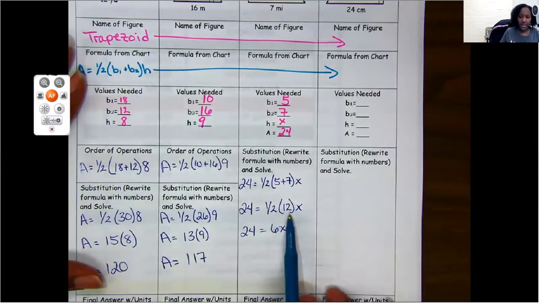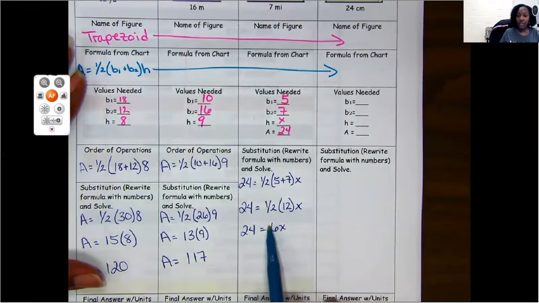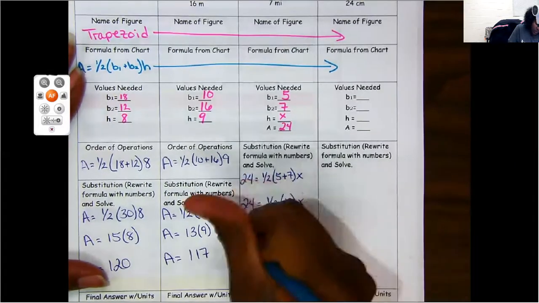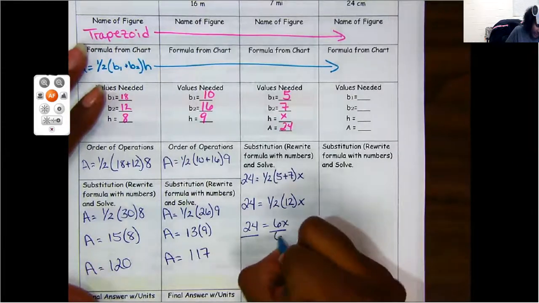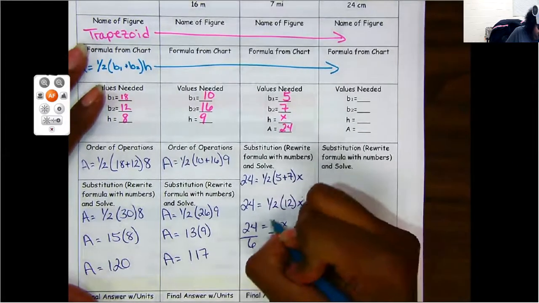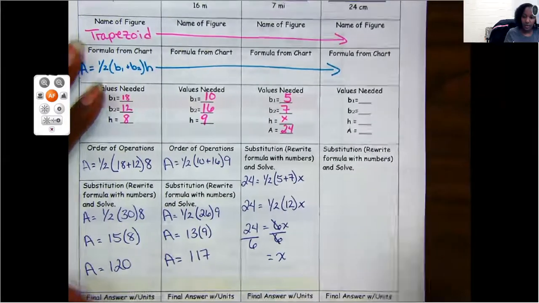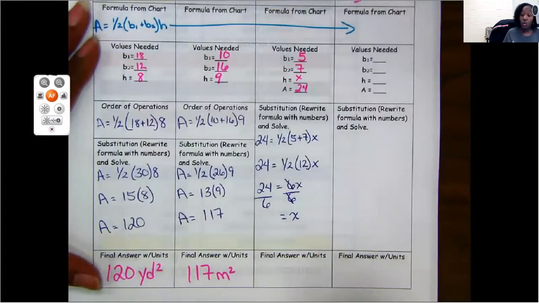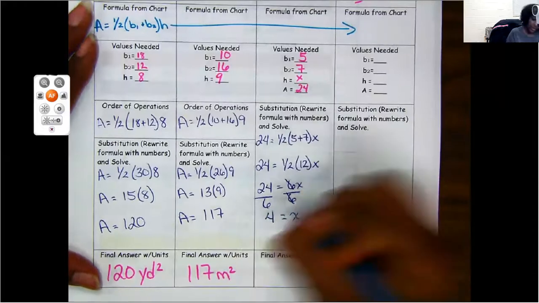We can drop the parentheses now. The x will now be glued to the 6. This is multiplication when we have a number and a variable by each other. I need to solve for my missing variable. Since this is multiplication, the opposite would be division. So I'm going to divide both sides of this by 6, because remember, we want x by itself. So we're left with x on this side of our problem. And then over here, 24 divided by 6 would give us 4. So our height is 4